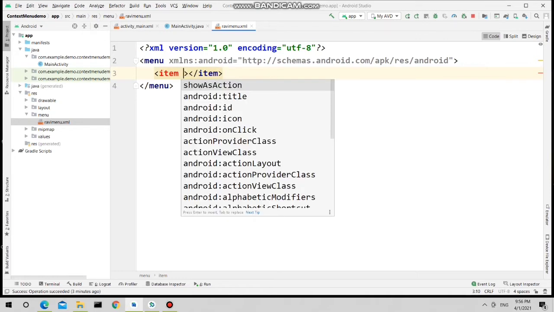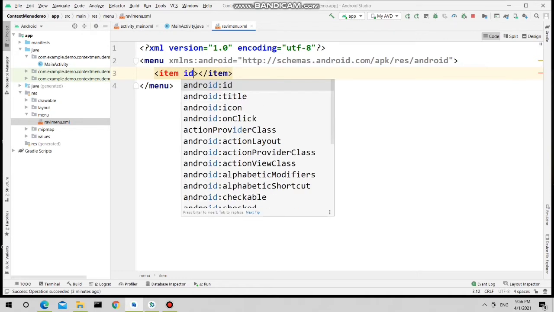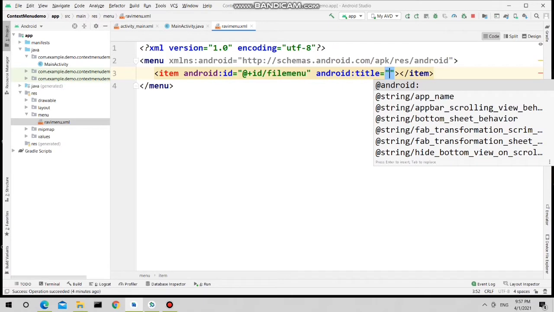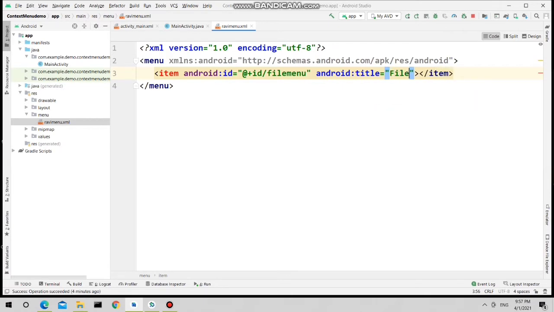Now you need to give a unique ID to this item. So I'm creating a fresh ID, @+id, and then I'm giving the first menu as file_menu. Now what should be the title?